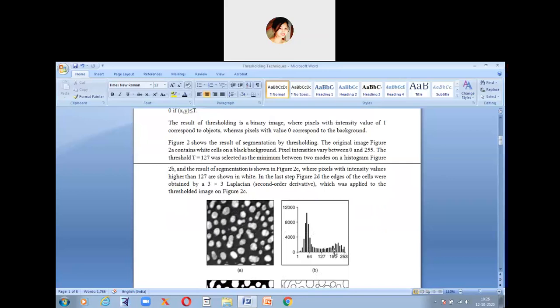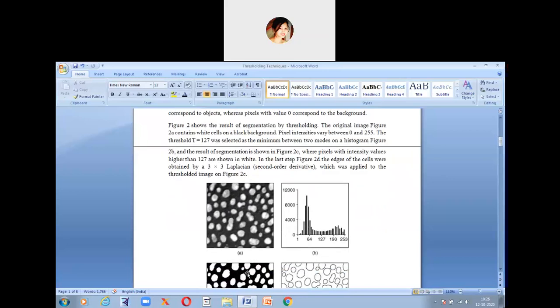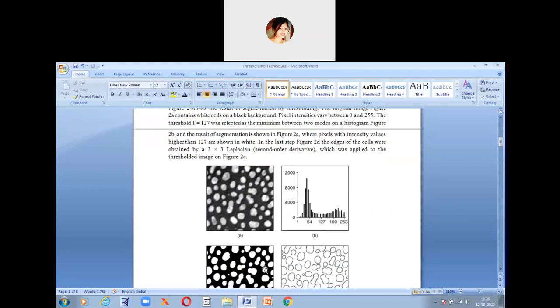So this is one peak, this is one peak, right? And then this is the result of the segmentation, where the pixels with intensity values higher than 127 are shown in white, and lower than 127, these are all black. That is, these are not considered. So it has gone to the background.